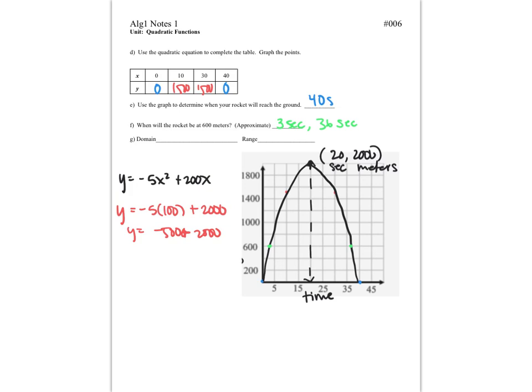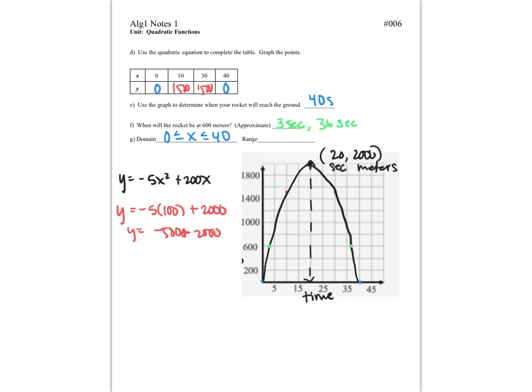So the last thing we have to do here is domain and range. So remember, domain is all of the possible inputs, which is all of our possible x's. And so if I look at the parabola on the x-axis, it starts at an x value of 0, and it ends at an x value of 40. So that means our domain is 0 can be less than x, which can be less than or equal to 40. So this is saying that the time the rocket can be in the air can be any time between